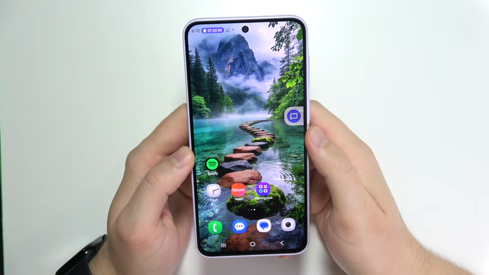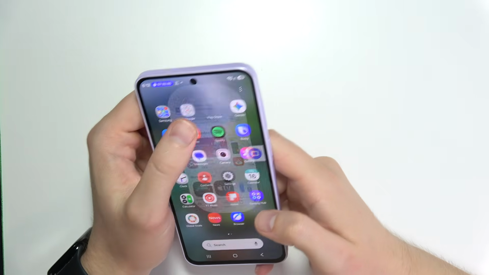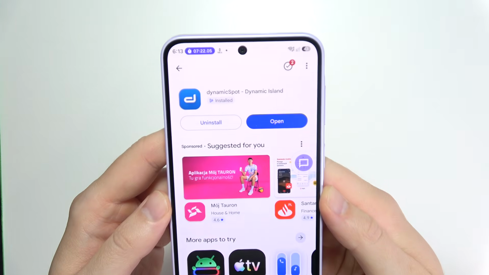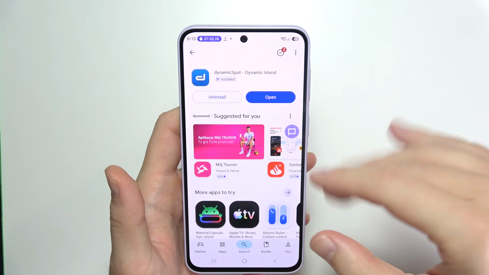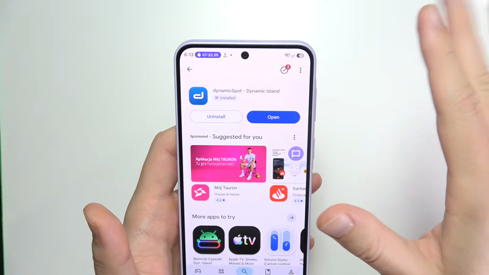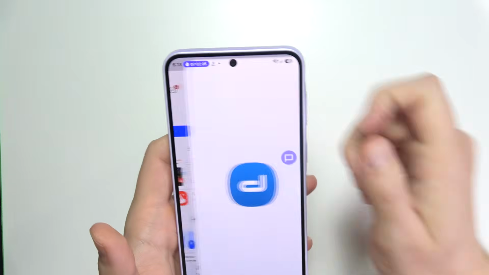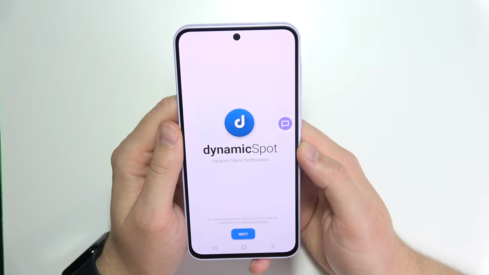To turn on a dynamic island on the Samsung Galaxy A57, you can do this only by using this application from the Play Store. Not only this one, there's actually multiple applications, but I can recommend you this because it's free, there's no ads, and you don't have to pay for this. So you have to open this one, wait for the loading screen, and I'm going to show you how you